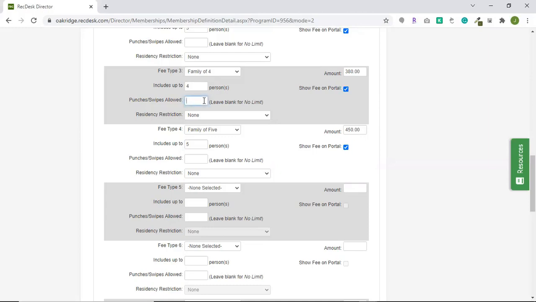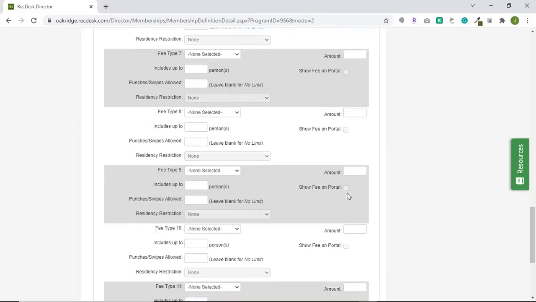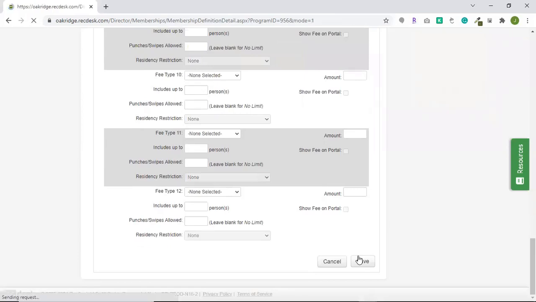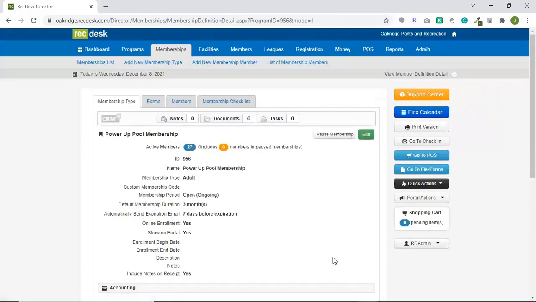So this is something where if you wanted to pre-sell 15 pool passes for a certain amount for a whole family, this is how you'd be able to sell them. Make sure you hit save when you are ready for that membership